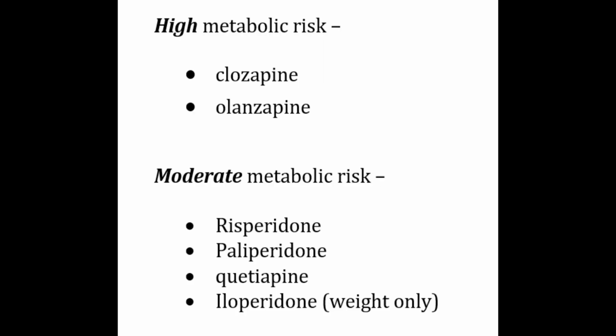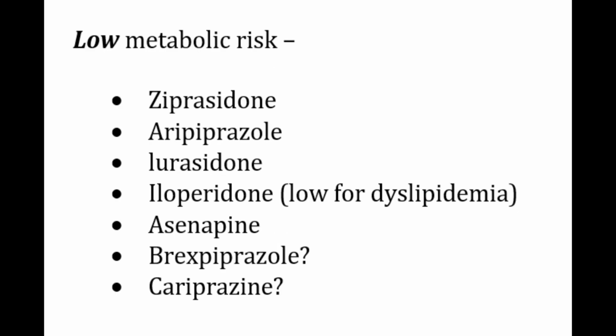Coming on to the cardiometabolic actions. Atypical antipsychotics that have high metabolic risks are clozapine and olanzapine, while the ones associated with moderate metabolic risk are risperidone, paliperidone, quetiapine, and iloperidone. The ones associated with low risk are ziprasidone, aripiprazole, lurasidone, iloperidone, and escitalopram, while the metabolic risk of brexpiprazole and